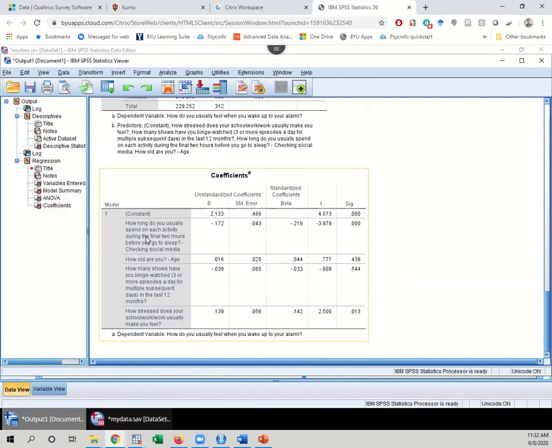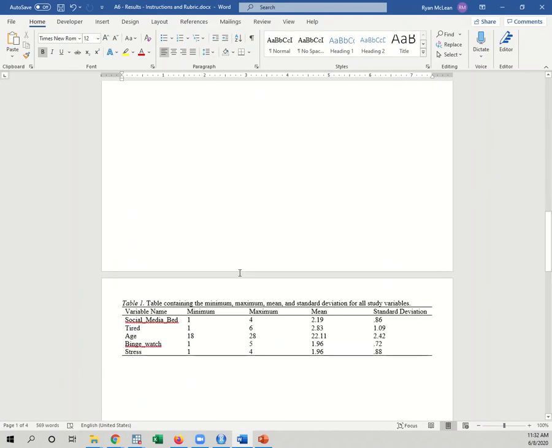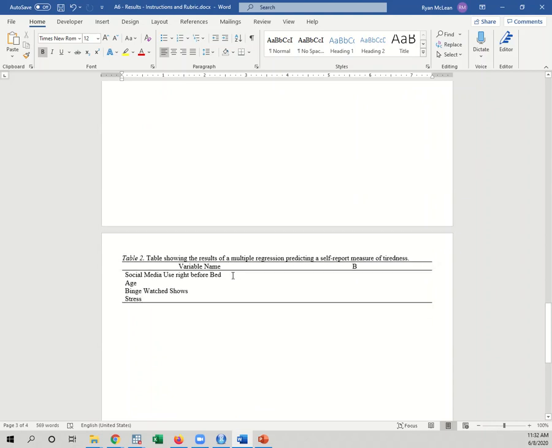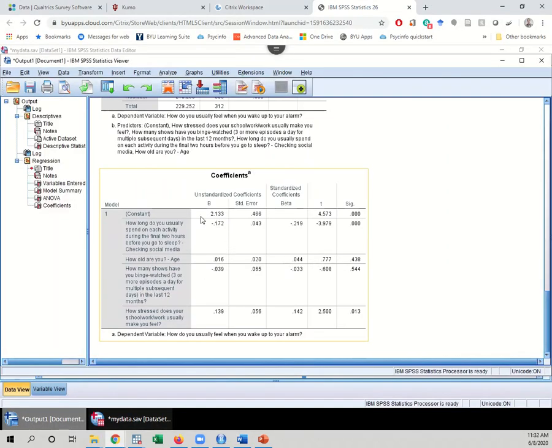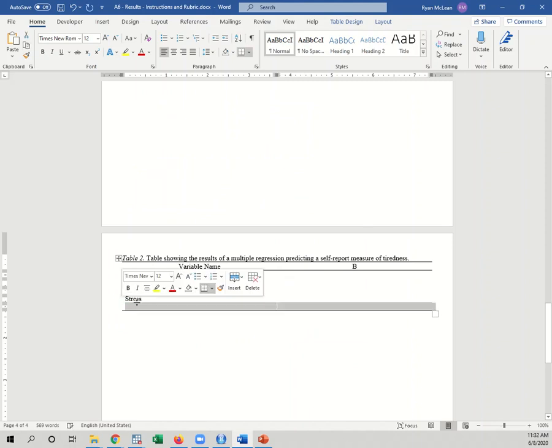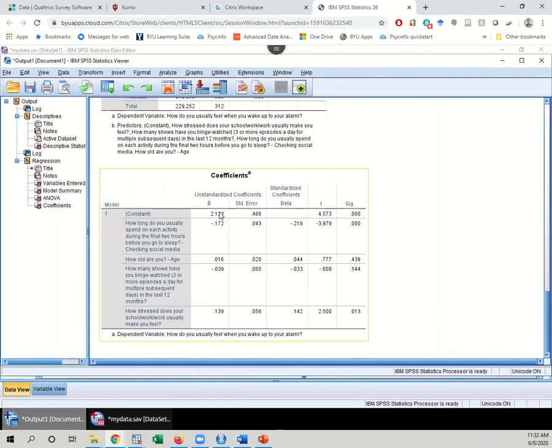And here's my coefficients table. I'm going to move this coefficients table over to an APA results table. So all you need is the variable name that I'm going to use. You can either use the variable name or you can spell it out in a few more words. And then you need the B here. And I guess we'll put a constant here too. The constant is there for everything. And you just grab it